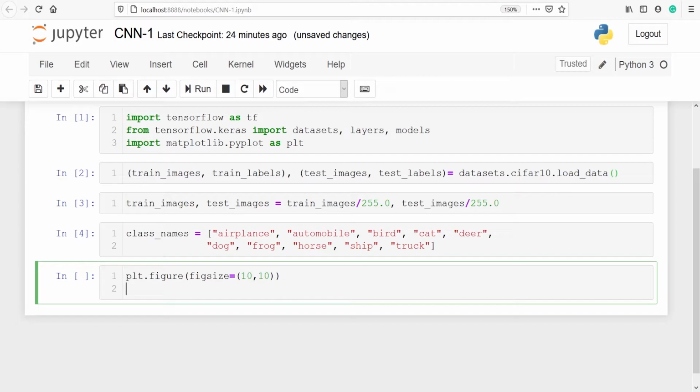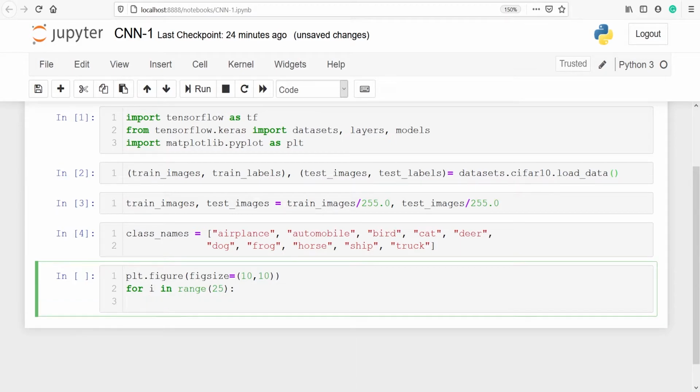Then I'm going to run a for loop for i in range 25 because I'm going to plot 25 samples. Then I will define subplots, plt.subplot, and my subplot will contain 5 rows and 5 columns, 5 by 5, and I will increment i by 1.